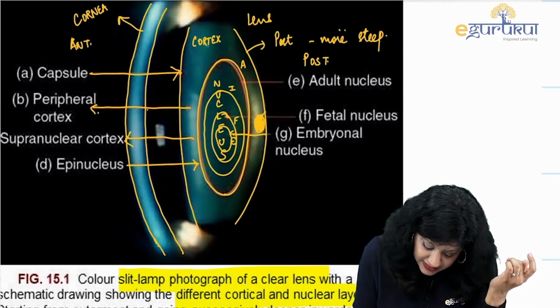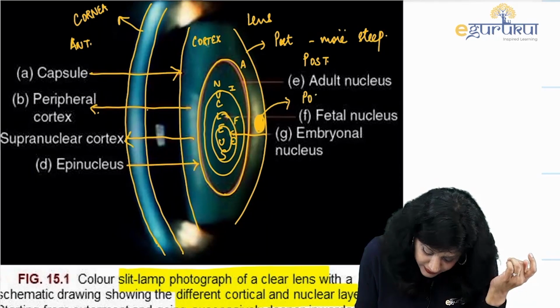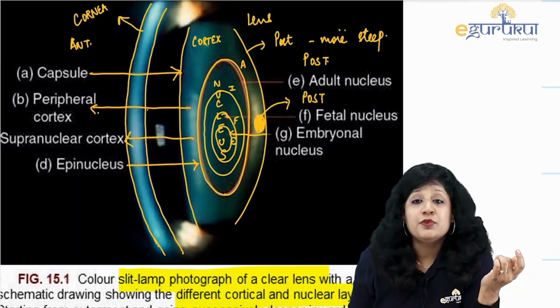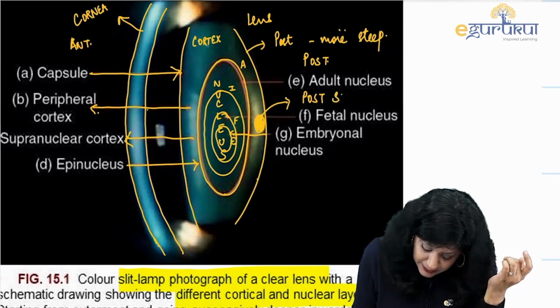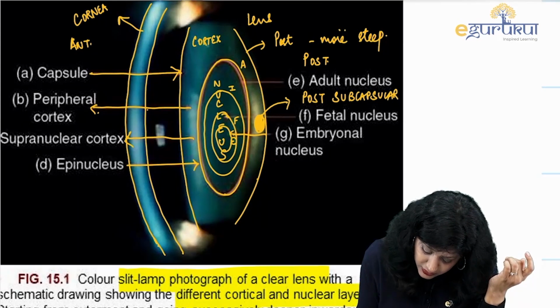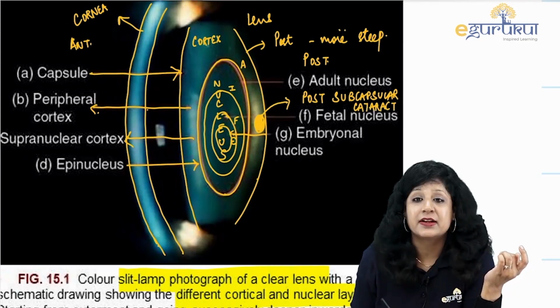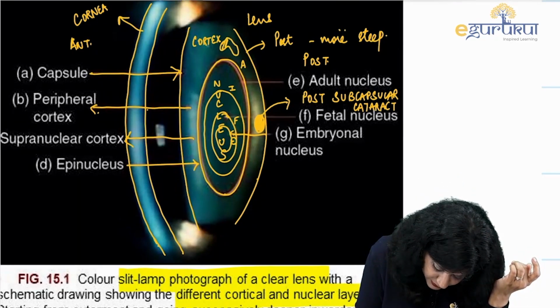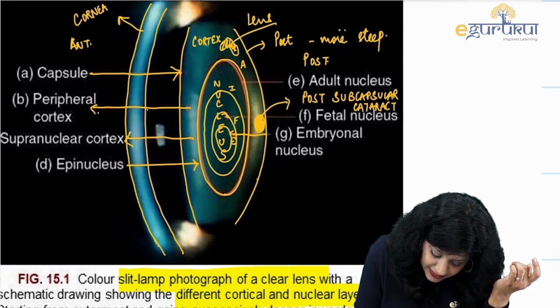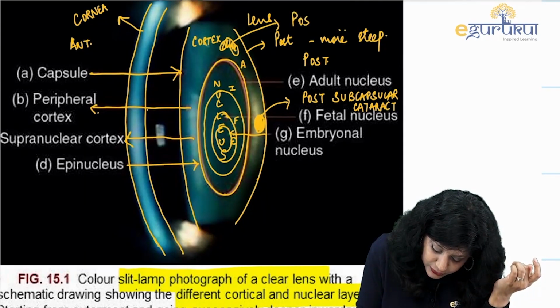So obviously this cataract is a posterior cataract. Okay, now if you look here, this is inside the capsule. Okay, so this is subcapsular. Okay, and it is an opacification. So I can easily say that this is a posterior subcapsular cataract. Similarly, if they say that there is a cataract here, suppose. Okay, so this is again a cataract which is present posteriorly, but it is present in this cortex. So this will be a posterior cortical cataract.